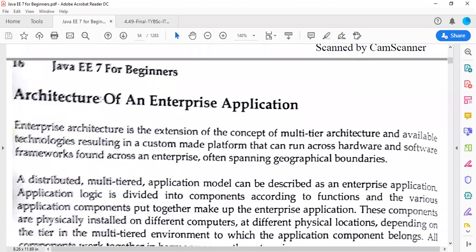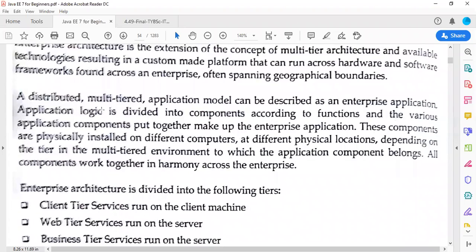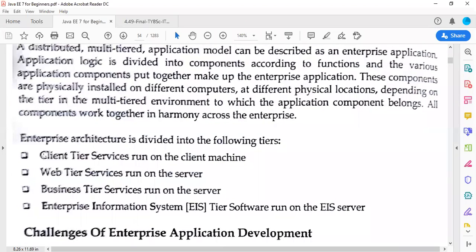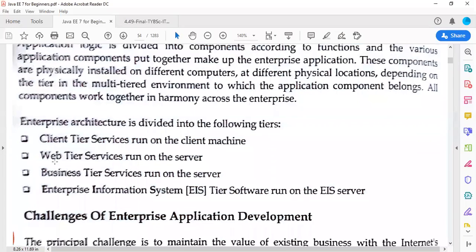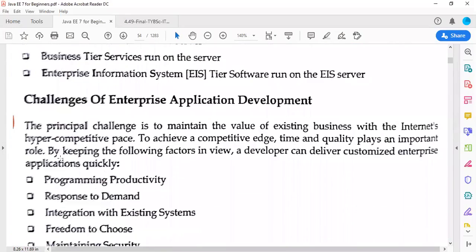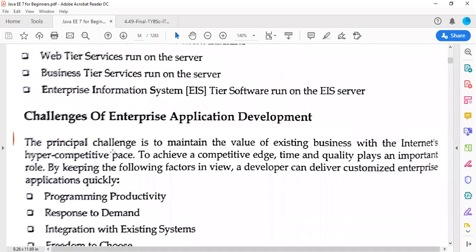Then we have the architecture, several layers of tiers: client tier services, web tier services, business tier services, and enterprise information system tier software that runs on the EIS servers.